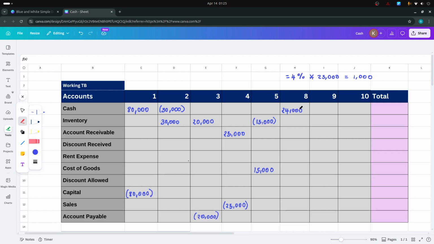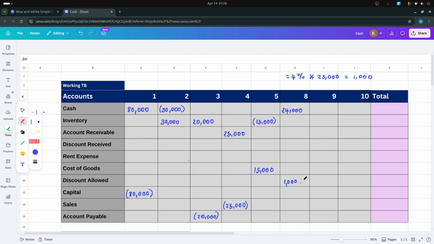One thing you need to recognize as well, this discount allowed is an expense to the business. So to recognize an increase to your expense account, what do you do? You debit as well. So we're going to have 24,000 plus 1,000, that is going to